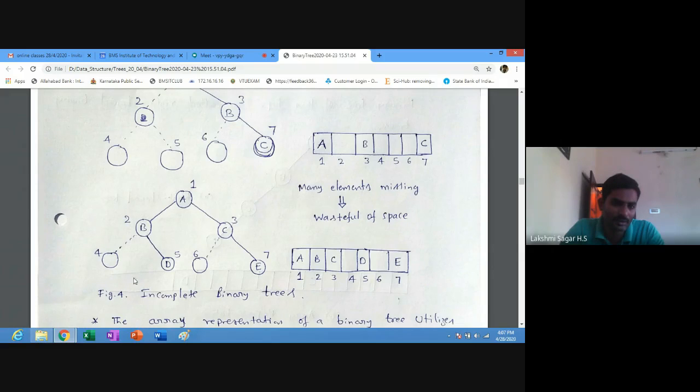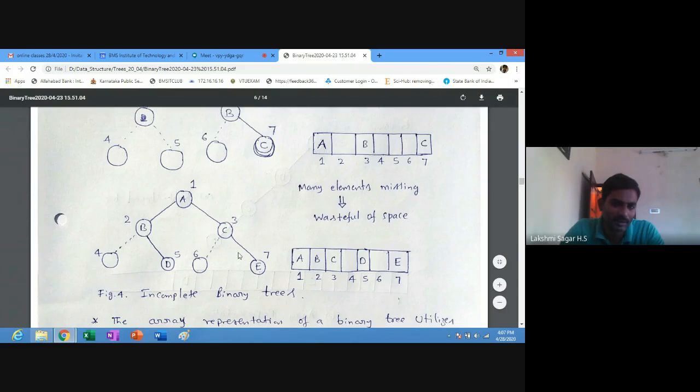If you look at the second binary tree, only 2 cells are empty, and you can store the elements in each cell in the array representation, with indexing from 1 to 7.